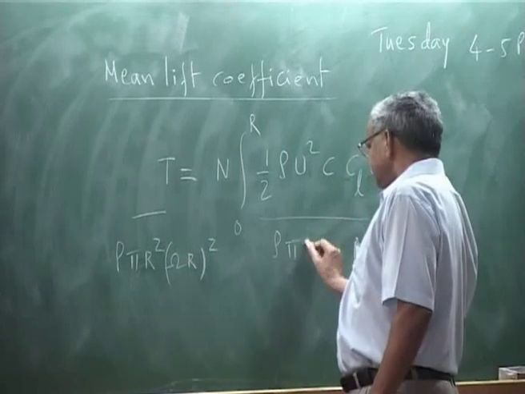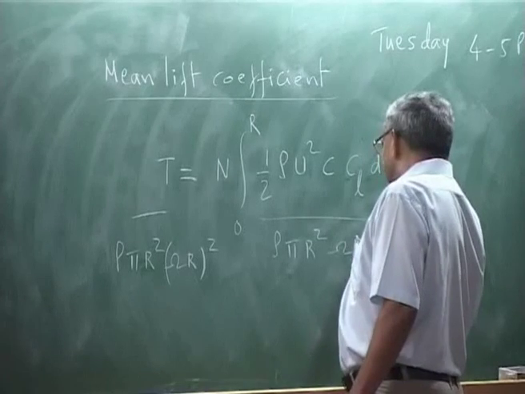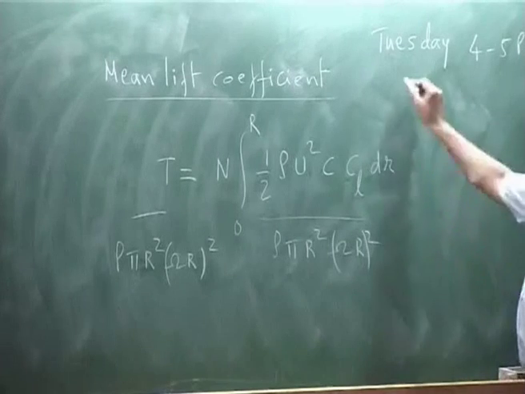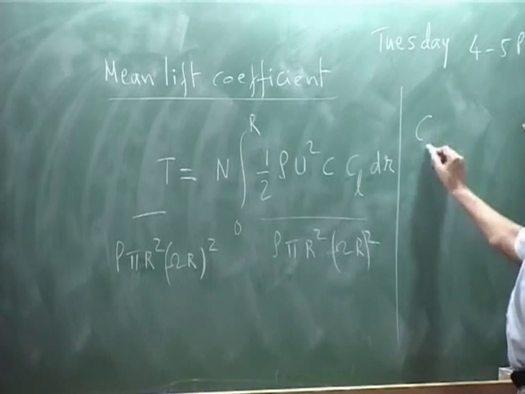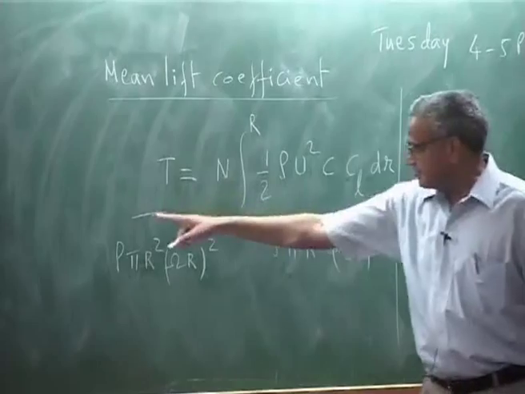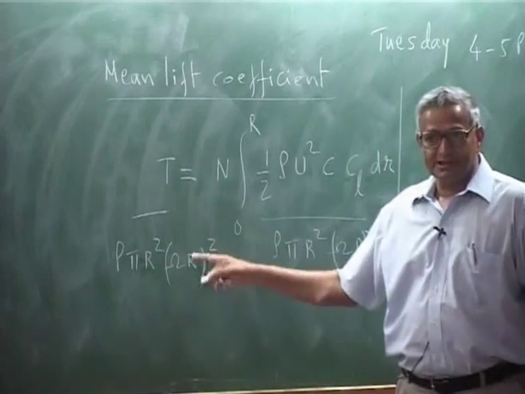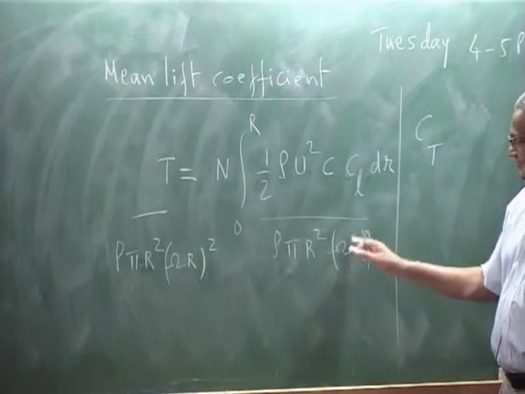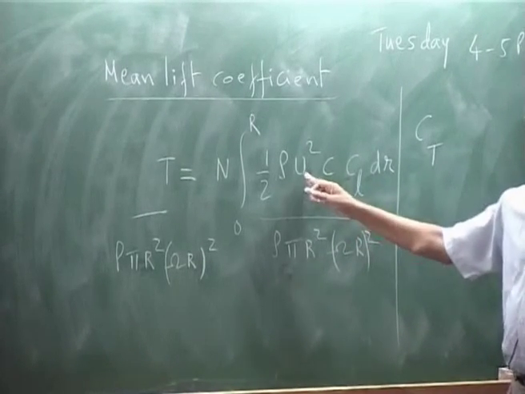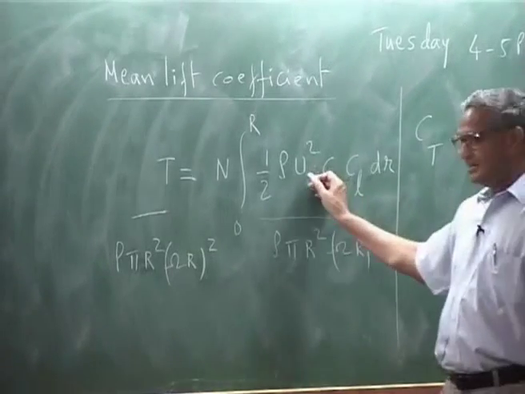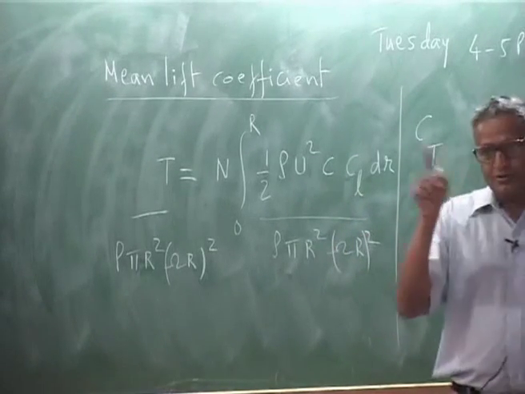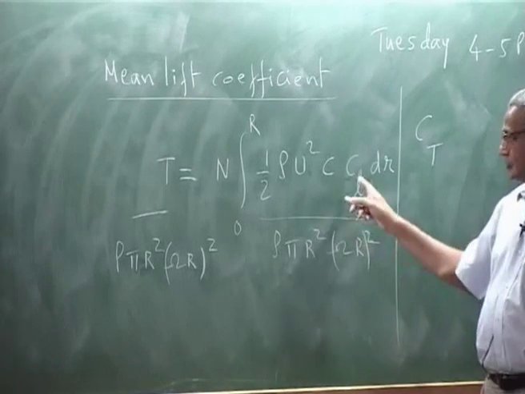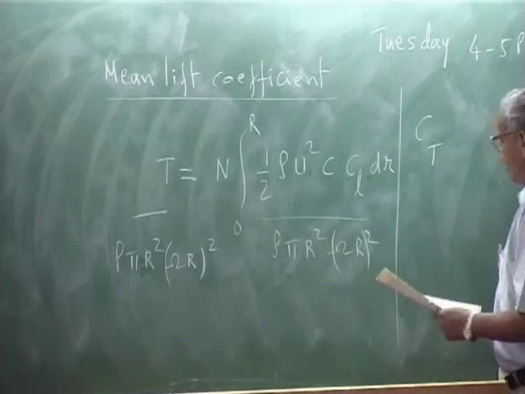Then it will be written in terms of Ct, because T divided by rho pi R square omega R whole square is thrust coefficient, and here U is basically omega r whole square. So, r over R, that will become r bar square, and then you will have CL, and you will get